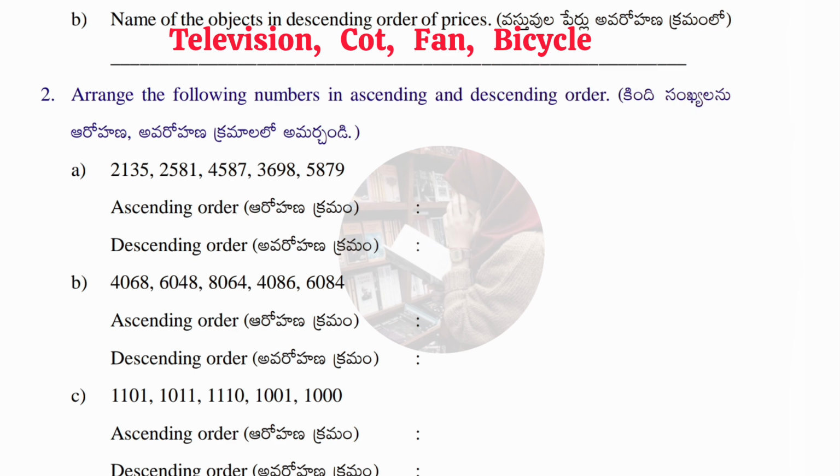Here some numbers are given. Now what we have to do, we have to write it down in ascending form and descending form. Ascending means smaller to bigger and descending means bigger to smaller. Understood? Let's see, first one is